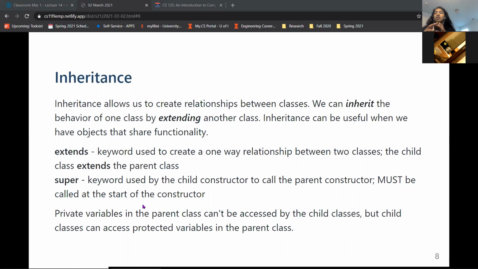So inheritance is basically you have one class and you can extend the behavior of that class into another class. For example, you could have a computer class. And when I say computer class, I mean classes in like Java class. And then you might have an Apple computer class or a Dell computer class or an HP computer class. So you could have those three kinds of classes, and the computer class would be kind of the parent class,